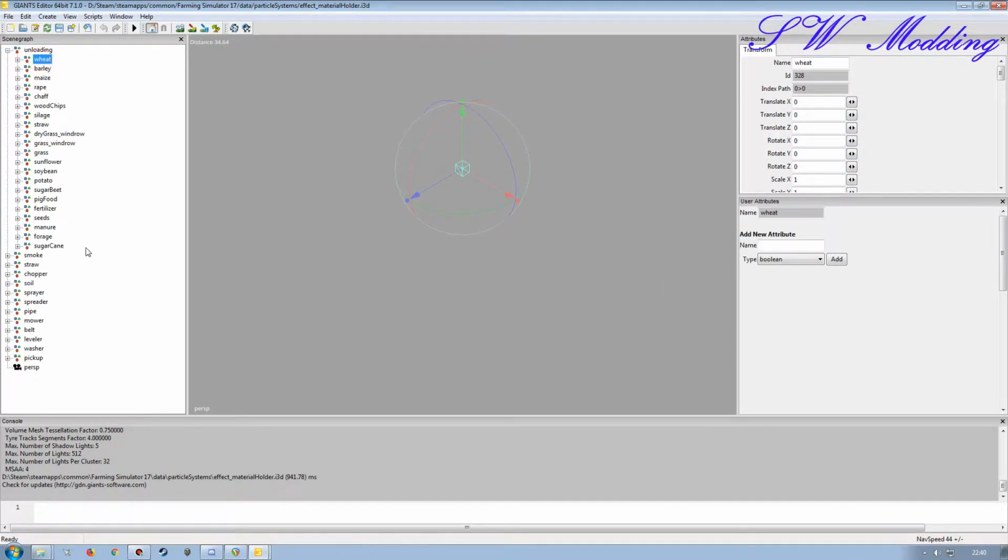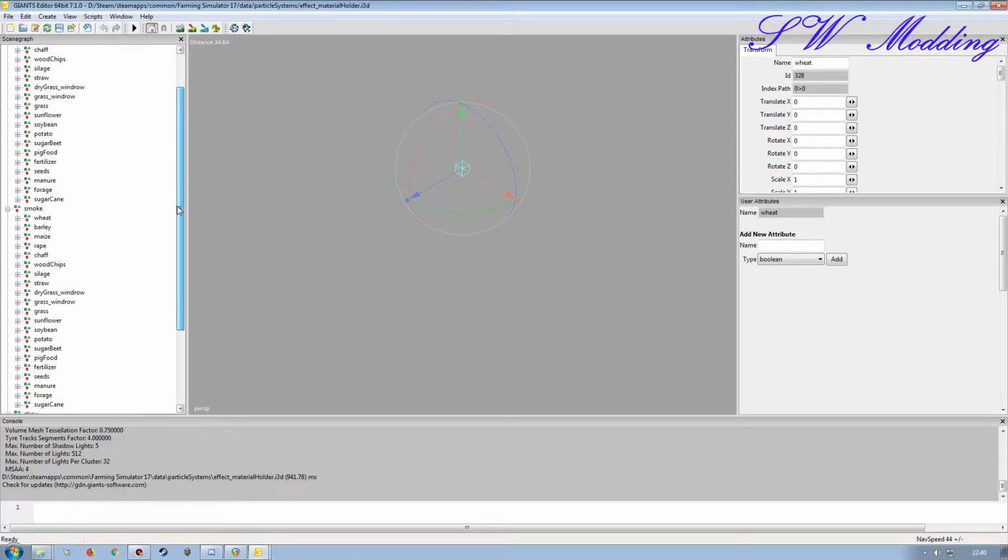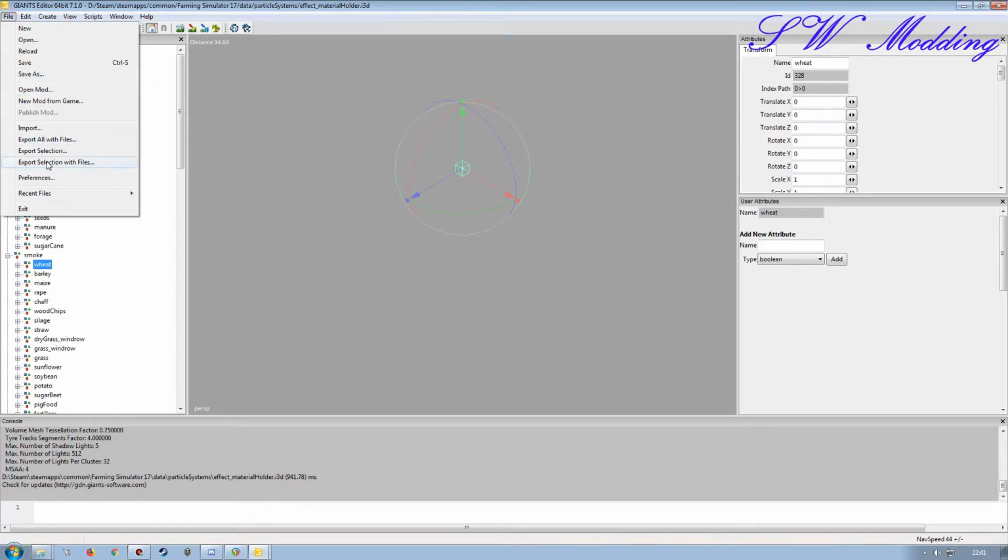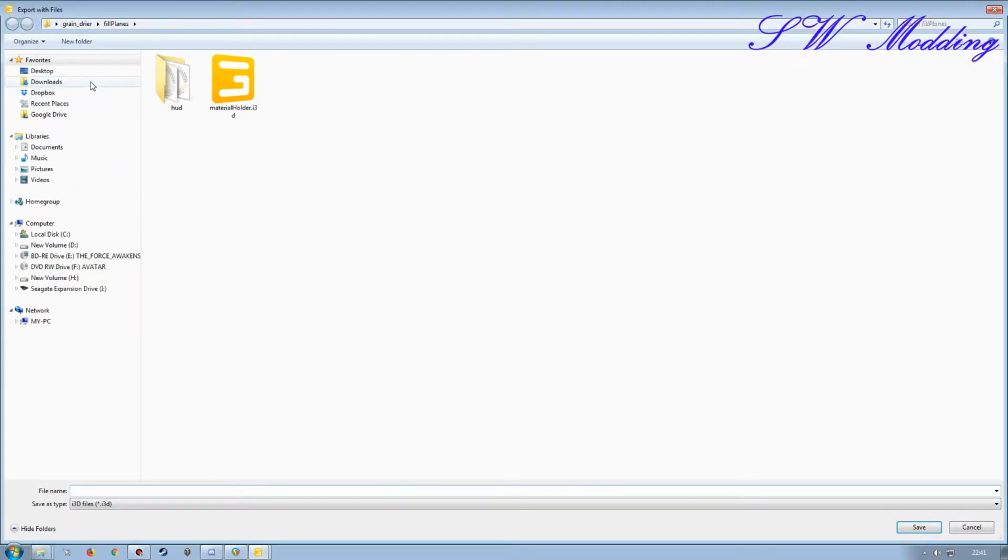So I'm going to take out the wheat from all of these, and all I'm going to do is just highlight all of them. So with the unloading selected, left control, and then we'll choose that one, and then pipe. So let's do that one, and then I want belt and leveler. So we'll do like so. It should be 1, 2, 3, 4, 5. Excellent. So what I'm going to do is just go File, Export Selection with Files,